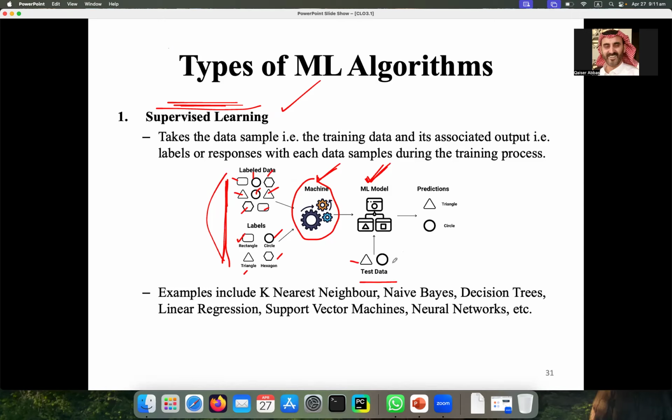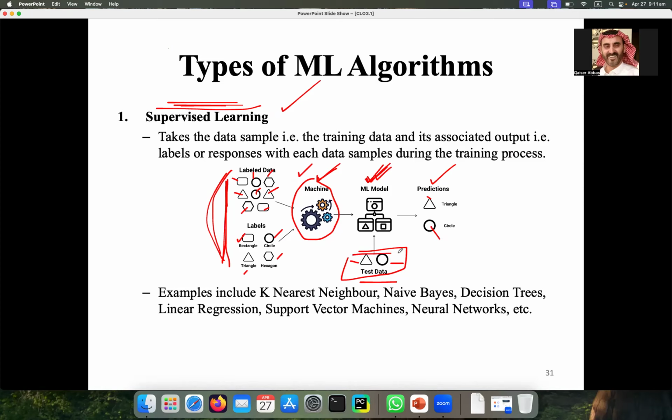In the test data, you are giving similar data of the same type, but you are not providing the labels. You want your model to predict the label automatically. You are not giving the names of this data, and as your model has already got the training, it predicts that this is a triangle and this is a circle.